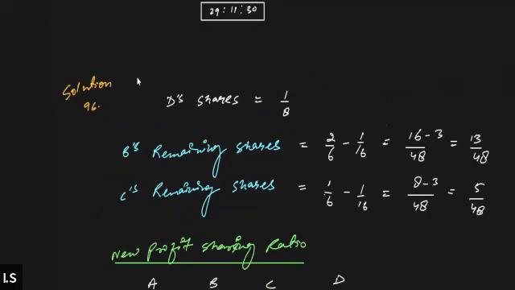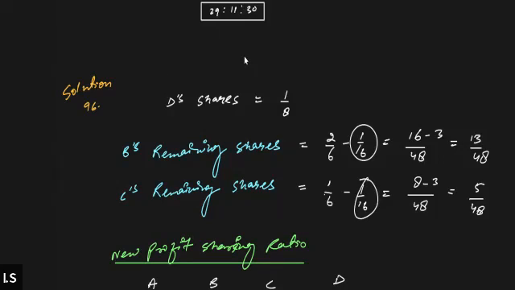Now the question is telling us that D will be acquiring the share from B and from C. And how much he will be acquiring from B and C is also given. So he will be acquiring 1/16 from B and 1/16 from C. Now the question arises, how much will he be acquiring from A? He is not acquiring anything from A. He is acquiring only from B and C. So that means A is going to maintain the same amount of share.